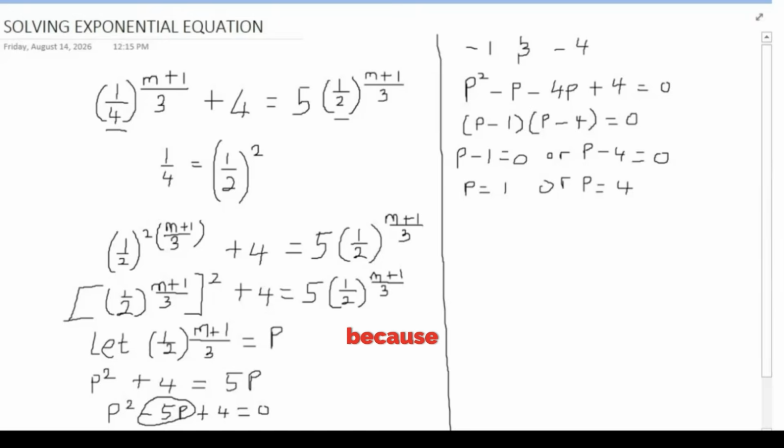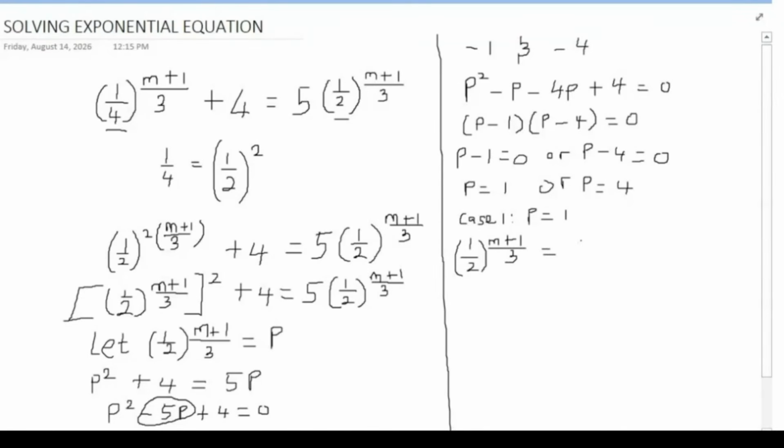But we will not stop here, because it is not P they asked us to look for, it is M. But already we have a representation for our P, since we assumed that our P is 1 over 2 raised to power M plus 1 over 3. So I will consider two cases for the two values of P. Case 1, that is when P is equal to 1. So when P is equal to 1, we are going to have 1 over 2 raised to power M plus 1 over 3